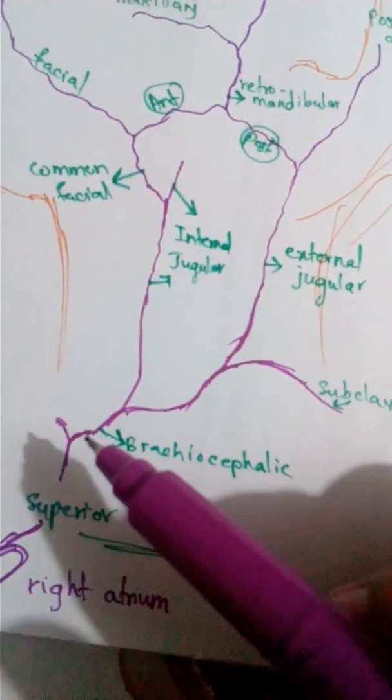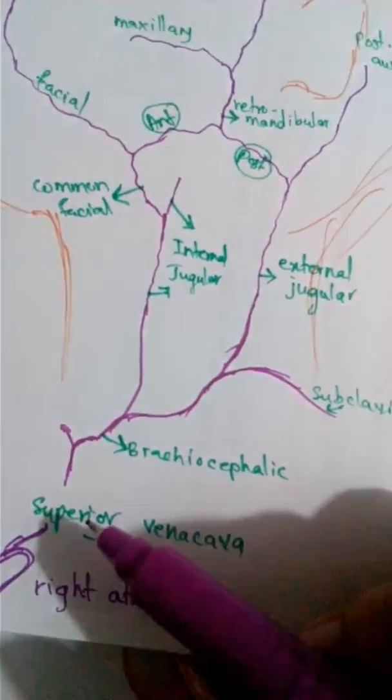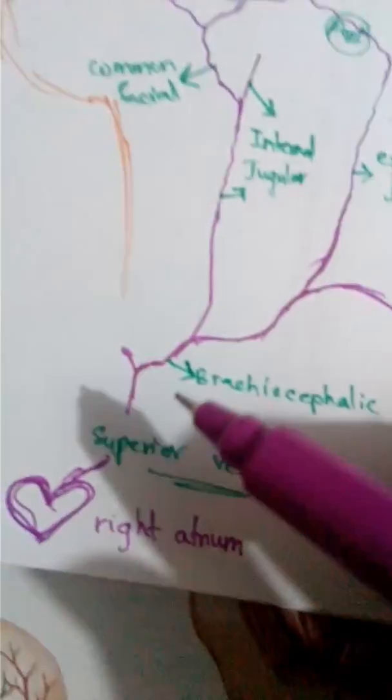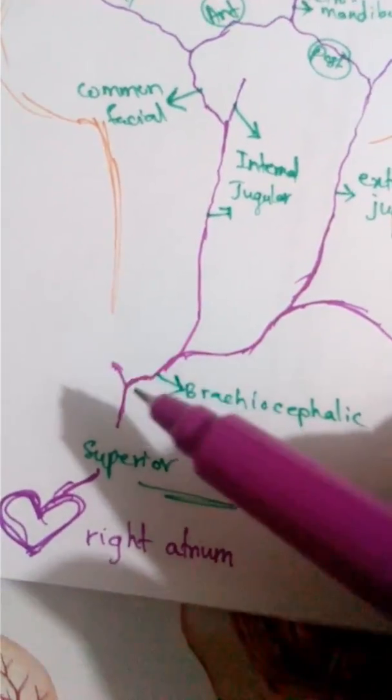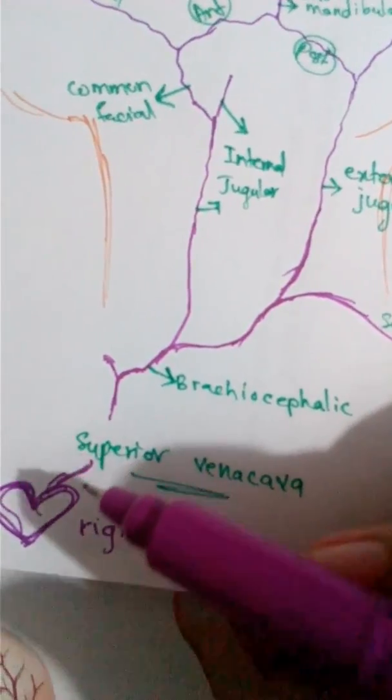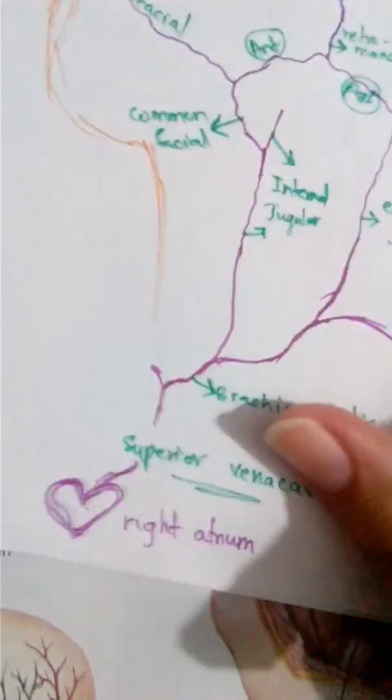Then the brachiocephalic of that side drains into the superior vena cava, which goes into the right atrium. And from the other side also the brachiocephalic comes, and it also drains into the superior vena cava and into the right atrium. Now if you see the picture, we can see